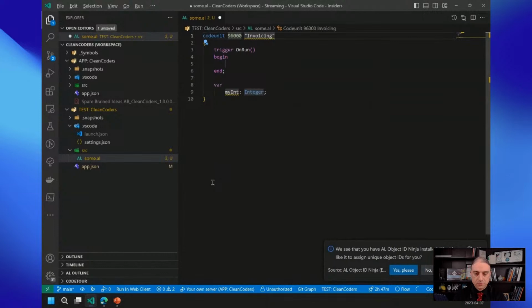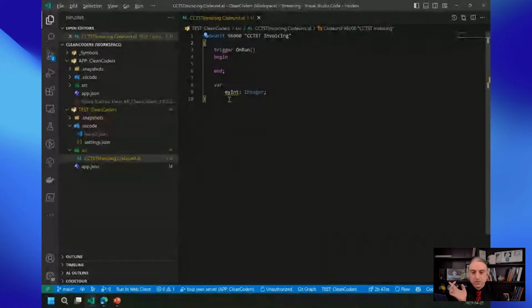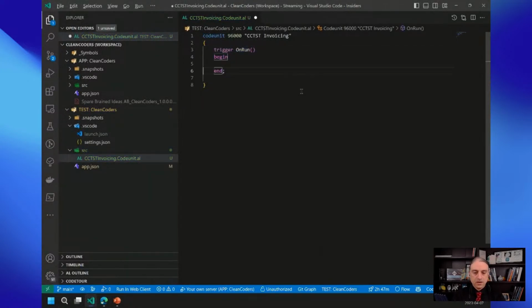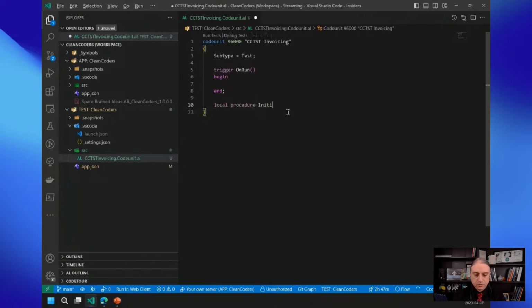Most of the testing we're going to focus on today is invoicing. So let's just call it invoicing. And for those of you who did part one, due to my workspace settings, this is getting renamed to something appropriate. So all well and good there. Okay, and now finally we are dealing with a subtype of test. Cool. Now, there are things that we would want to do. First of all, we would love to have a local procedure to initialize